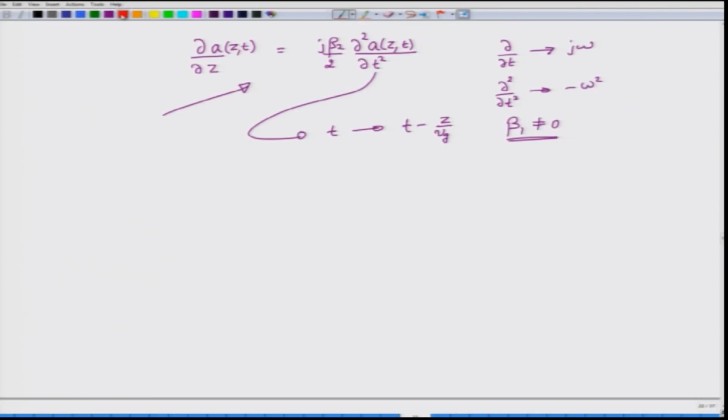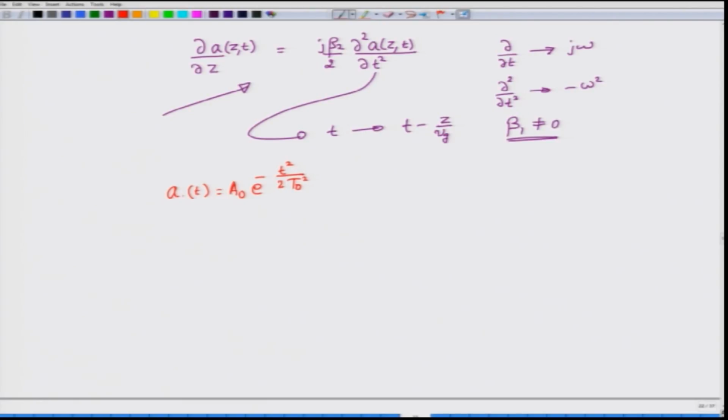So, I am going to consider an important pulse shape in the fiber optics community and in general in the optics community, called the Gaussian pulse, which is defined as e power minus. There could be some constant a 0, but I do not really want to worry about the constant. You should also not worry about the constant except when you are solving numerical problems with this one, but you concentrate on the shape of the pulse.